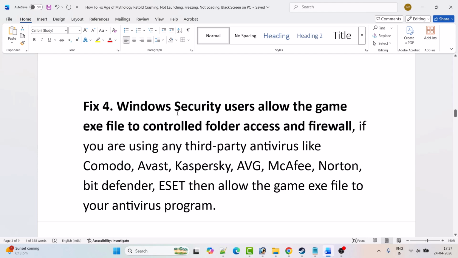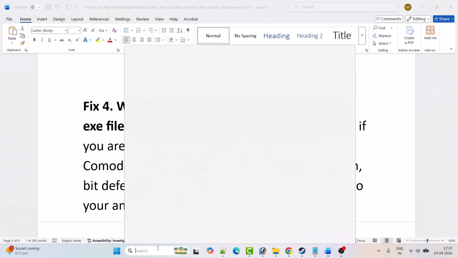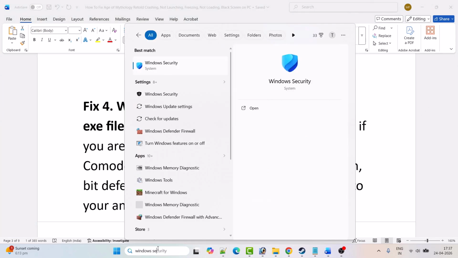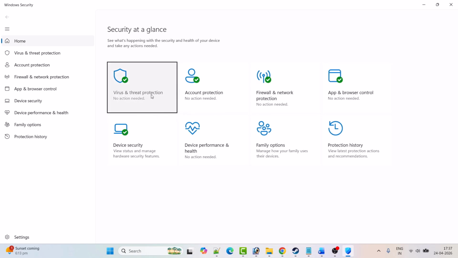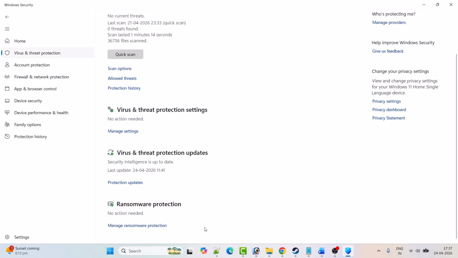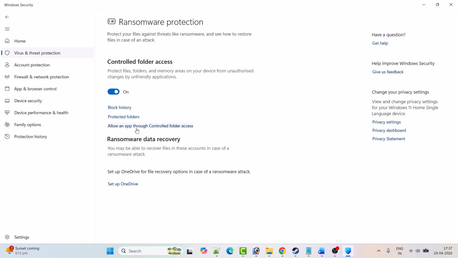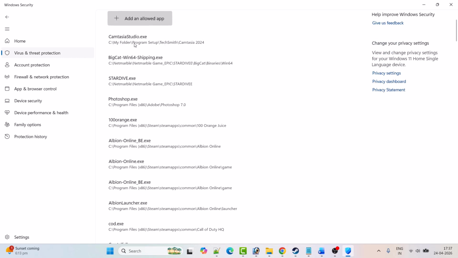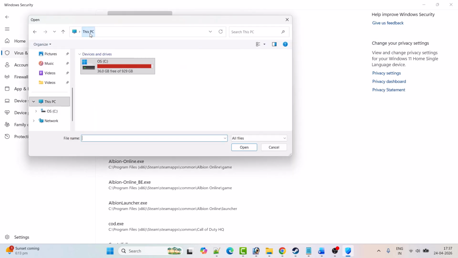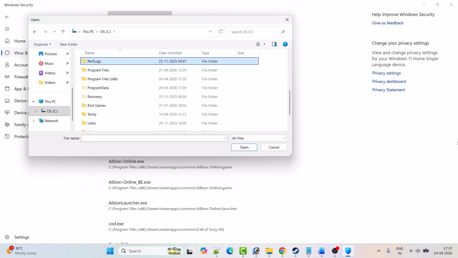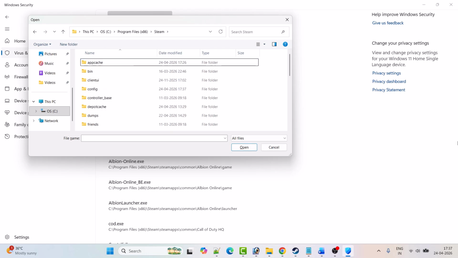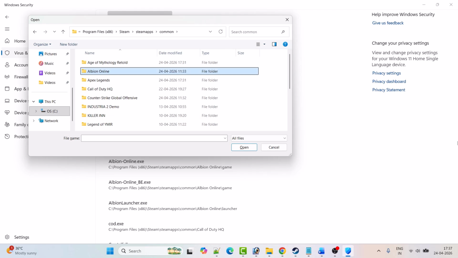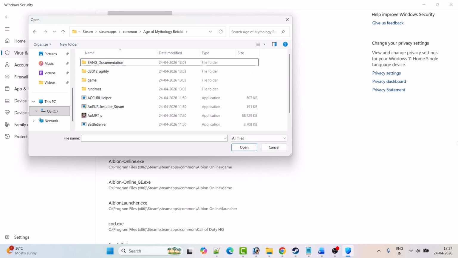Fix 4. Windows Security users, allow the game exe file to control folder access and firewall. So in Windows search, type Windows Security and open it. Then click on virus and threat protection. Scroll down, click on manage ransomware protection. Click on allow an app through controlled folder access. Click yes to allow. Then click on add an allowed app, browse all apps, and then go to the game installation folder. So open C drive, open Program Files x86 folder, open Steam folder, open steamapps folder, open common folder, open the Age of Mythology Retold game folder, select this exe file and then click on open to add